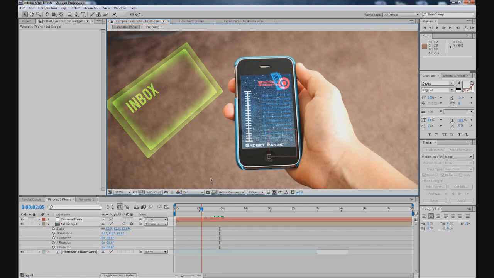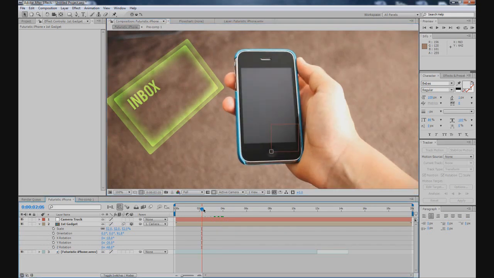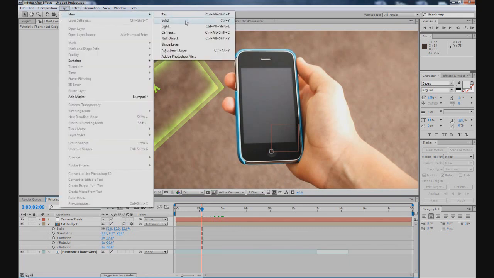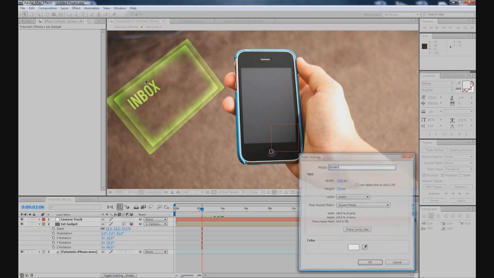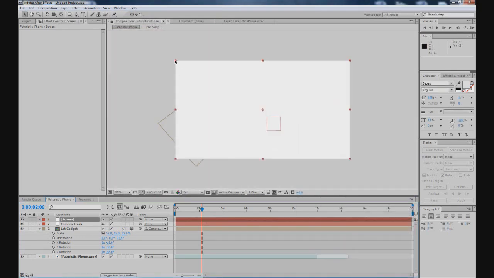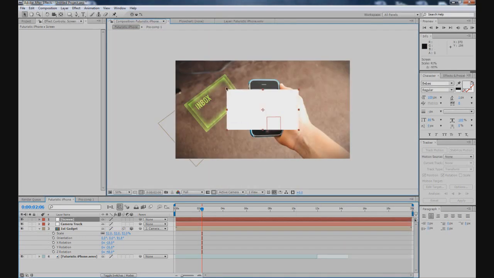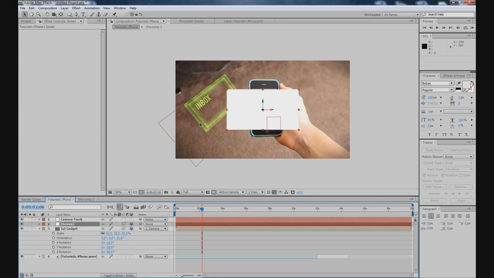And now for the screen, all I did was pretty much the same as the gadget, but what you'll need to do is get a new solid, and we'll name this screen. Sorry if I'm going through this fast, it's just a lot of stuff to cover in a short tutorial. And we want to make it 3D, motion blur. You want to add motion blur to stuff when you're doing this because it just makes it look a lot more